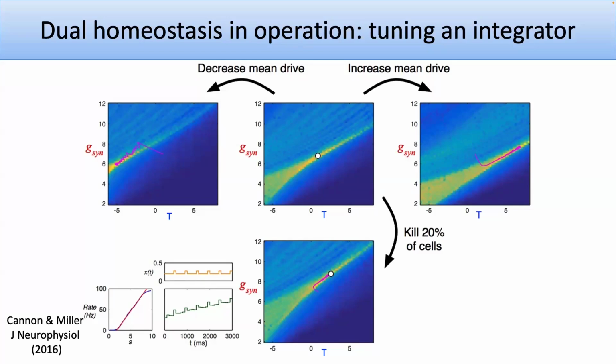Whereas without that, everything will go to absolutely 0 or 100, maximum firing. So what you find is that the control mechanism, you need to set those set points,